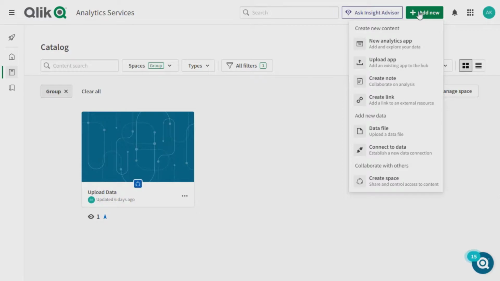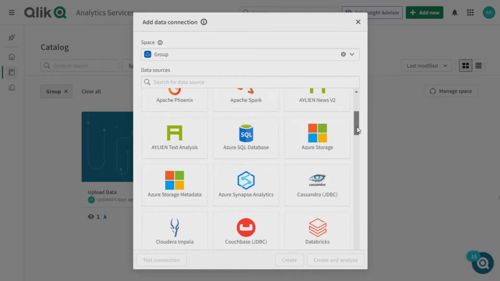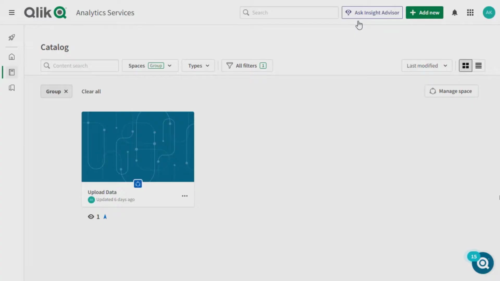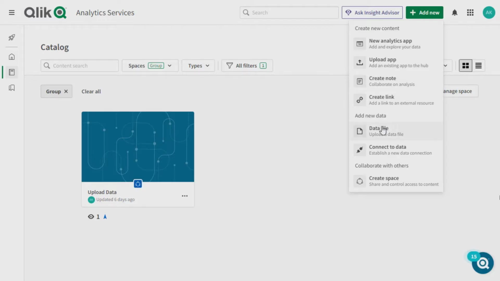We're going to add new data, and we have options to load data files or create database connections. Choosing Connect Data displays a dialog with some commonly used connection methods that can be selected to start the process. Visit the Qlik Continuous Classroom to learn more about database connections. Let's click the X in the corner to close the dialog and choose Data File to access the data load